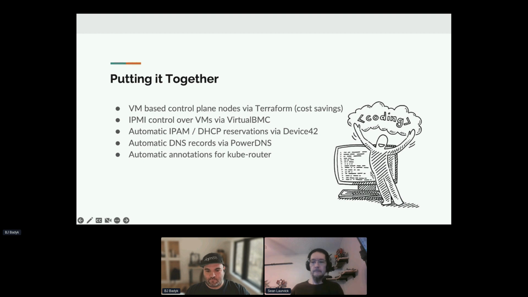Yeah, at that time, first-class vSphere integration was just a dream when we started. I think our first cluster was Talos 0.7 something at the time. So we had to cobble together this Rube Goldberg of Terraform and Python and Ansible and Bash and another Python thing and all sorts of other stuff.